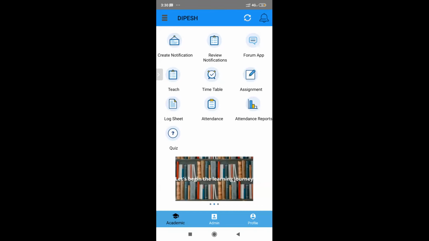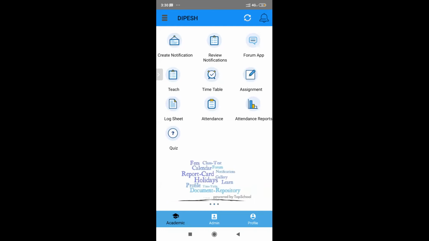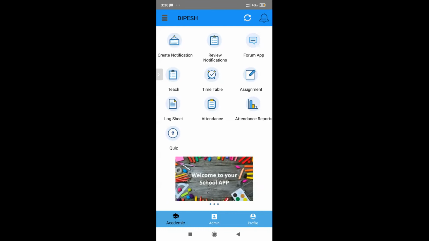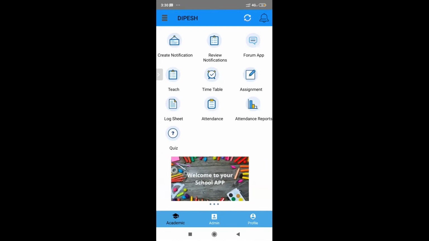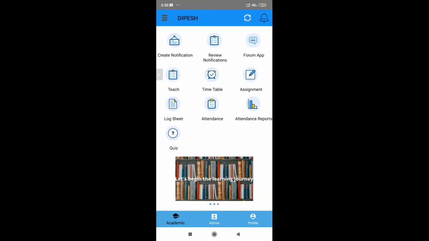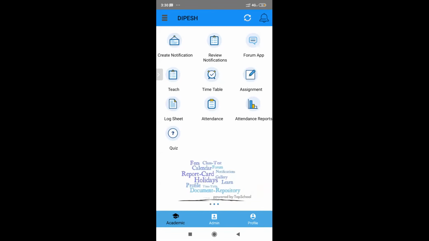We tried this. We had conducted one exam through this assignment, but it was very difficult for us. We had to download those 50 students' worksheets, whatever paper they had uploaded. Checking online was also very difficult, like how the teachers were going to check. So literally we had to download it, take the printout and then check.